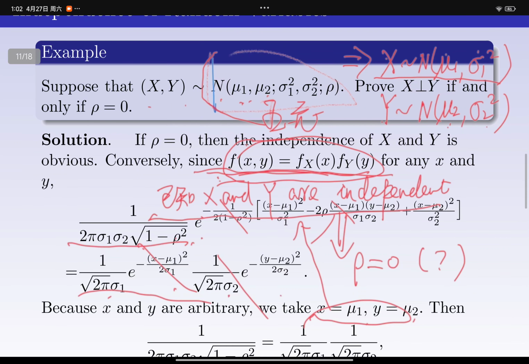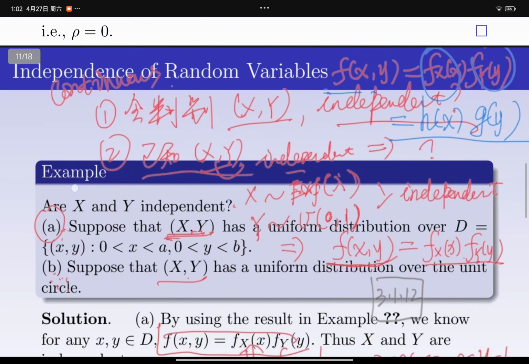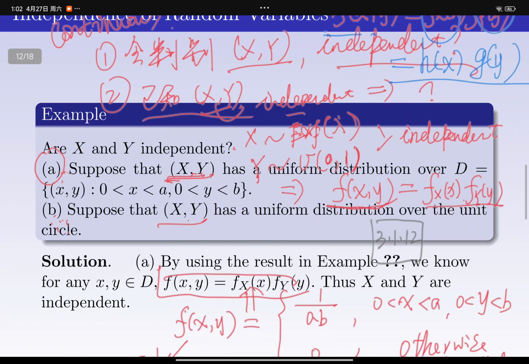If and only if, though it is larger than independence, it's going to be the related uniform. Suppose that x and y have a uniform distribution over D. Are they dependent? The uniform distribution. We know that